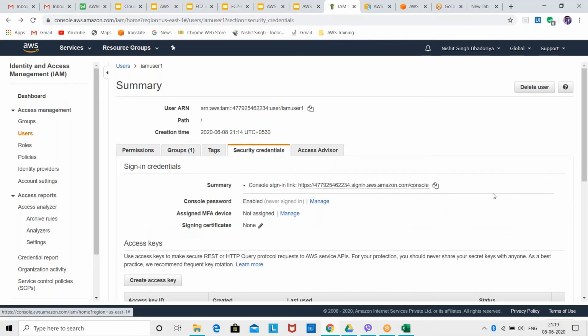Now I'll quickly show you how you can log in with your IAM user. In the security credentials section only, you can see this summary option. You have the console sign-in link. You just need to copy this, and then I'll open another browser.